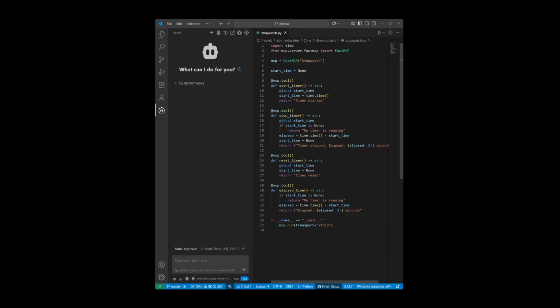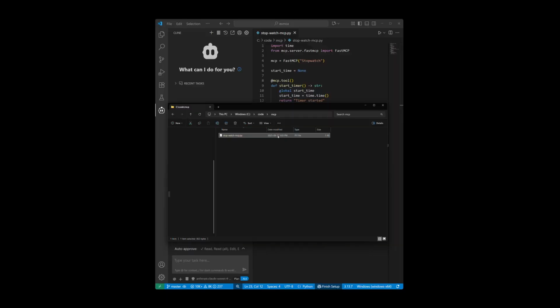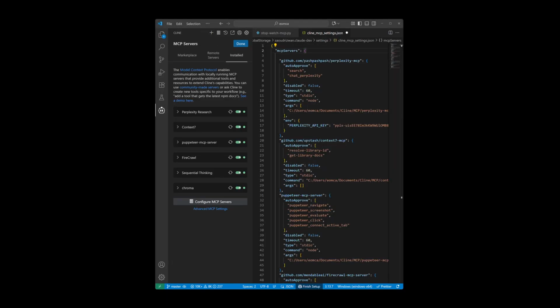So now that we have an understanding of how a basic MCP server is structured, let's add it in Cline and try to spin this up. First, store this source code in a desired directory you want to run this. Once you have the code stored in the directory, copy the full path of this file so that we can add it in Cline. When you go to Cline's MCP settings and go to the Install tab, there's a button